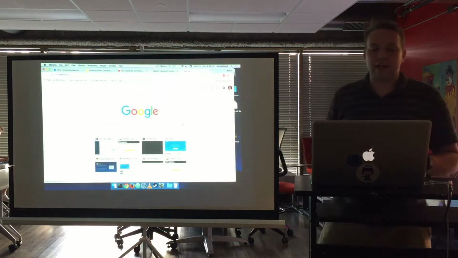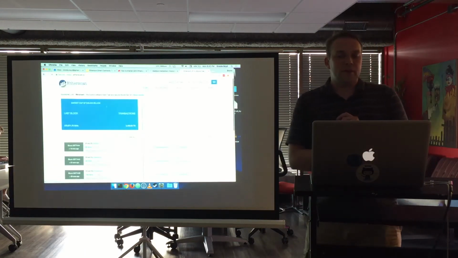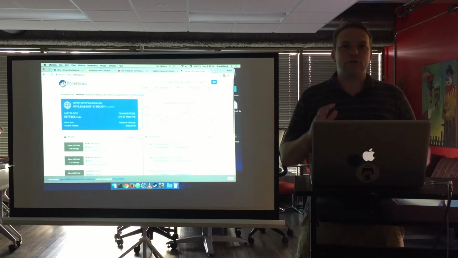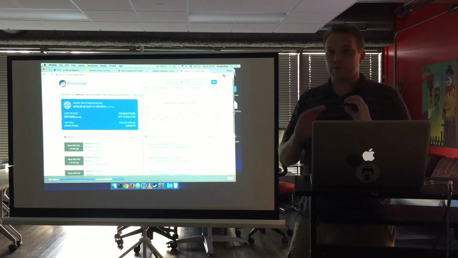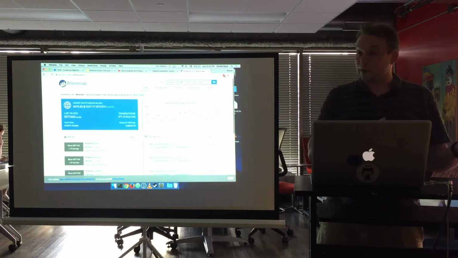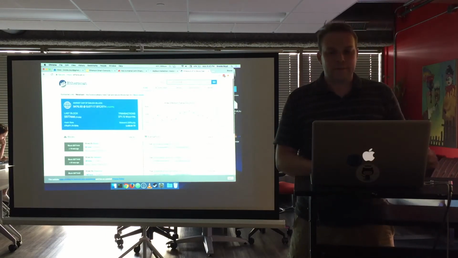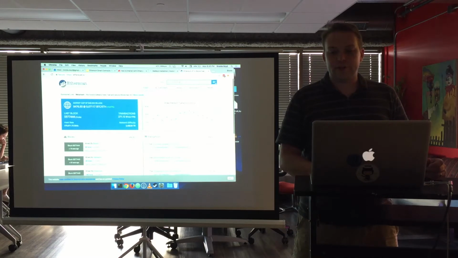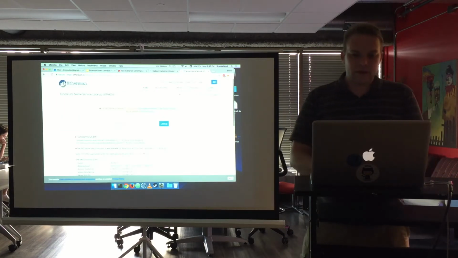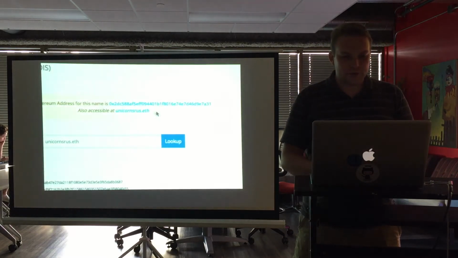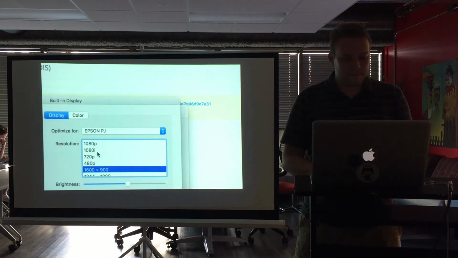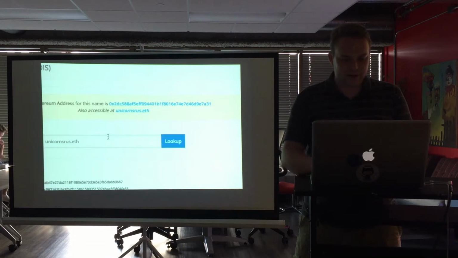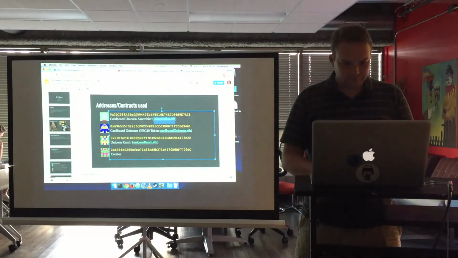I'm going to use the Etherscan Block Explorer again tonight. This is a free service that's there to just give you a look into the Ethereum blockchain. There are many block explorers. I encourage you to try this on other block explorers. You don't have to use this one. But if we look up unicornsareus.eth, it's going to say that this one is registered to 2DC588AF. And if I can get my keyboard commands to work.